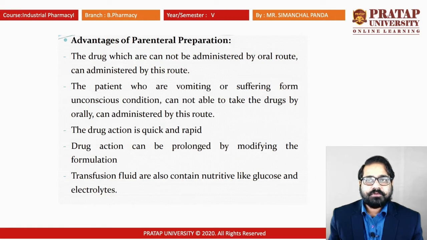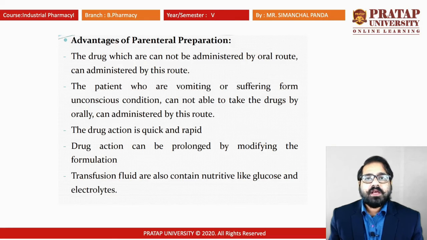There are different types of advantages related to parenteral preparations. First, solid dosage forms or liquid dosage forms like emulsion, suspension, syrup, tablets, and capsules are easily administered in our body, and it is an easy way of administration. But sometimes if the patient is old, we cannot give the medicine easily, as the patient cannot take the medicine easily. If the patient is a neonate or a child, it is difficult to give the exact amount of dose by the oral route. There may be chances of vomiting, sometimes spilling, and non-interest in taking the medicines.